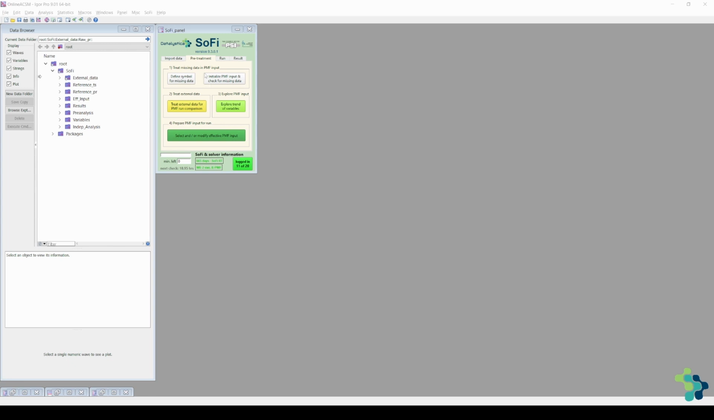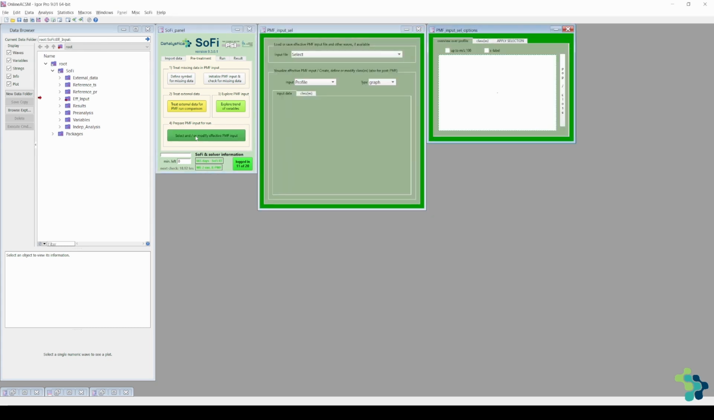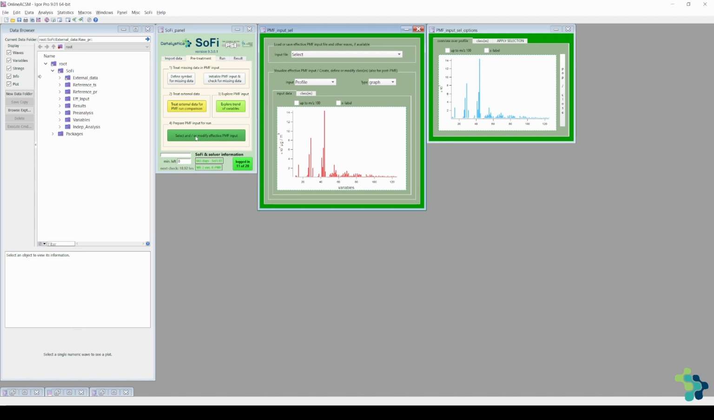If you go here to pre-treatment and then click here on the dark green button, a new window opens, and here you can then select or modify your PMF input. In the newly opened window, you have here on top the option to load and save the PMF input file, which I will explain a bit later. Then below you have the visualization of the effective PMF input, and on the side you have the options to